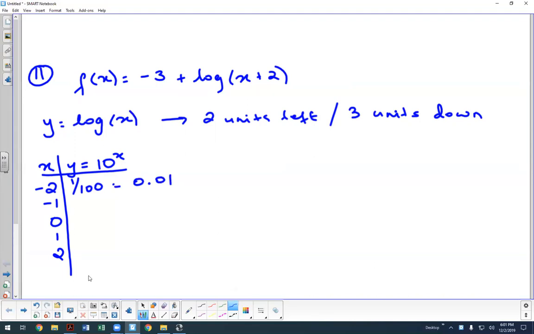I believe we have done something like this before. 10 to the 0, of course, will be 1. 10 to the first power is 10. 10 to the second power is 100. So if we just switch our x and y values,